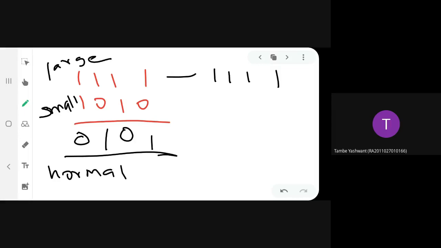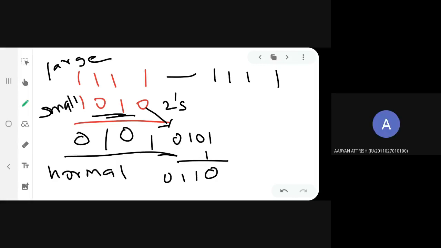So what is the two's complement for 1010? This two's complement I have to take. Two's complement means first take the one's complement. One's complement, if I take, the answer will be 0101, to which I will be adding 1, and that will be the two's complement. So 0110. All got the two's complement? Yes, ma'am. So that I will write over here. 0110, the two's complement I have written.